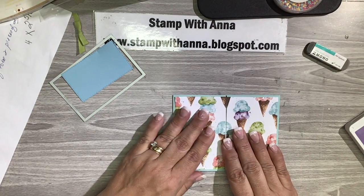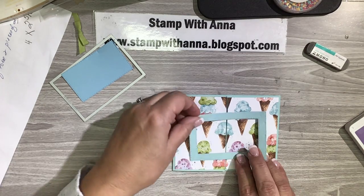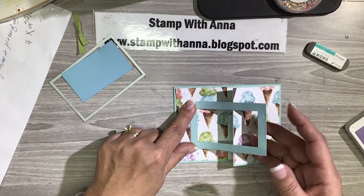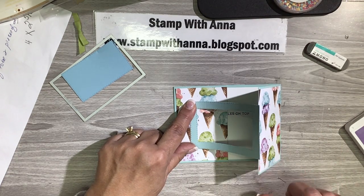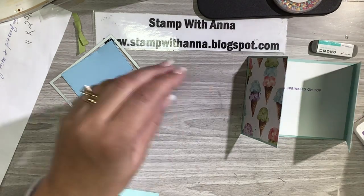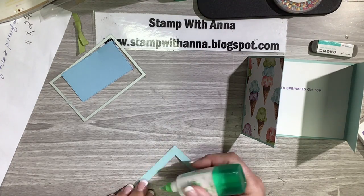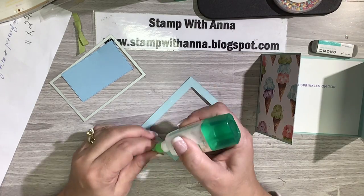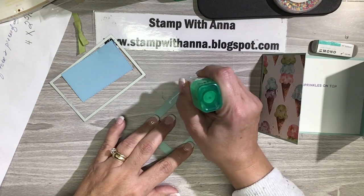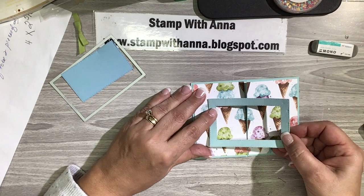So here is my card, and here is my interlocking piece. Now I only want to put adhesive on the left side. This side here has to stay free so we can accept the other piece. So I'm going to use liquid glue because that gives me a little more time to maneuver it to go exactly where I want it to go. So it's only halfway up. And I'm going to place that right here